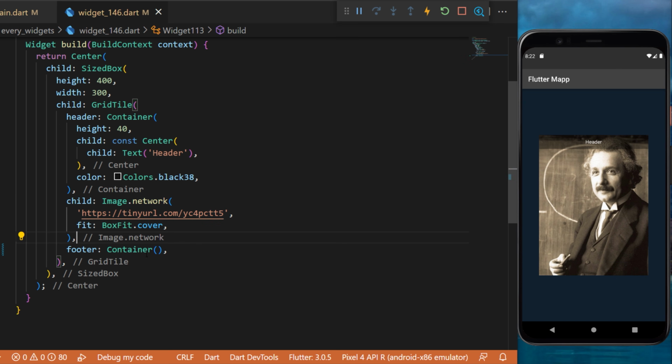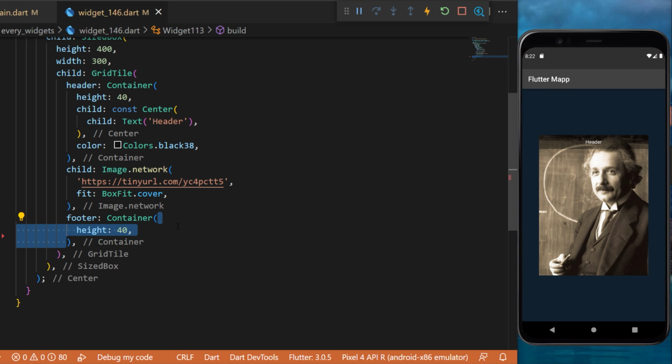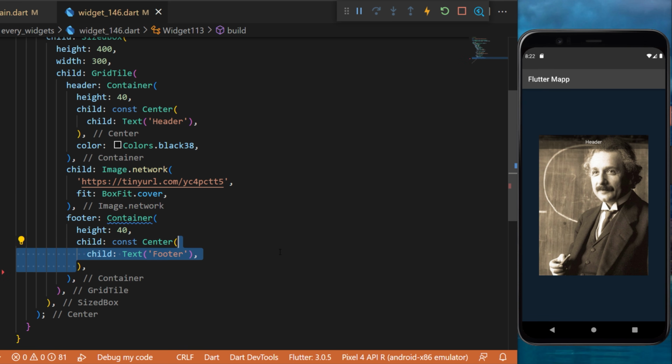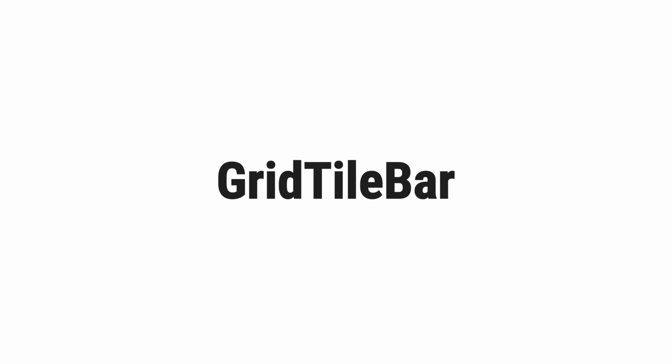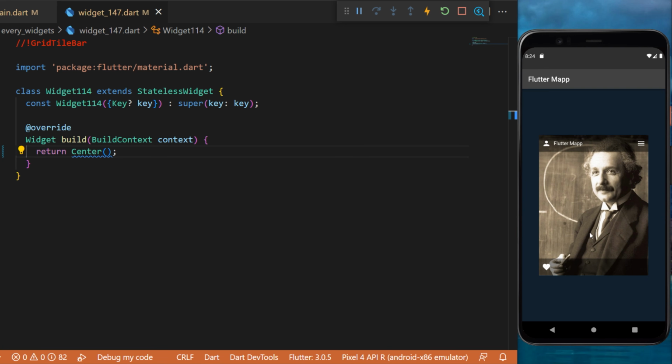But you can also create a footer widget. For this example, we will use the same height. The child will be a center with the text footer, and the color will be also black 38. And now you can see on your screen, you have created a grid tile widget, the grid tile bar widget. On the screen right now, we use the grid tile widget, but inside we use what we call the grid